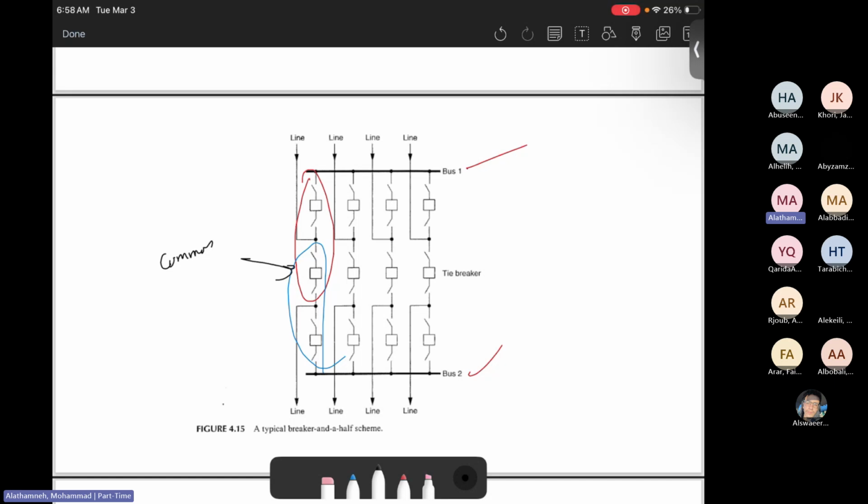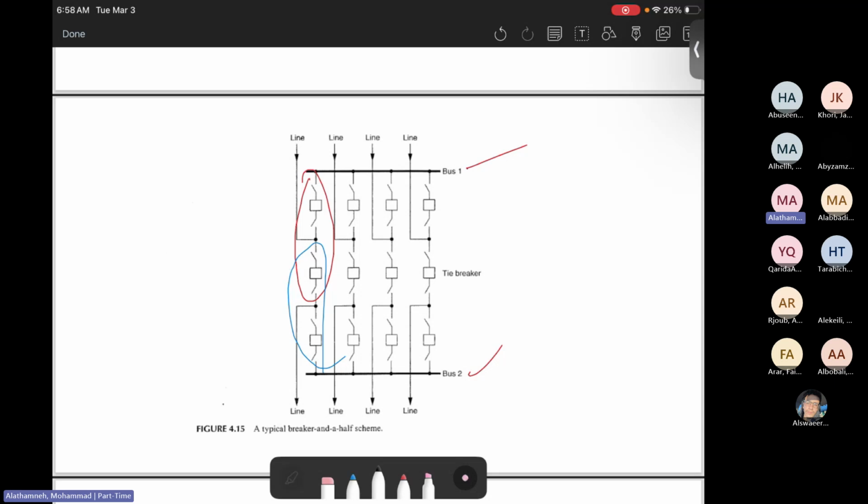They have their own circuit breaker and share the other circuit breaker, which means for two lines, we have three circuit breakers. So if we need to make it as a shortcut, one line is 1.5 circuit breaker, which is 3 divided by 2, 1.5. In real life, it's not one and a half, it's two circuit breakers, but the second one is sharing, therefore we can approximate it as a half circuit breaker. That's why it's called